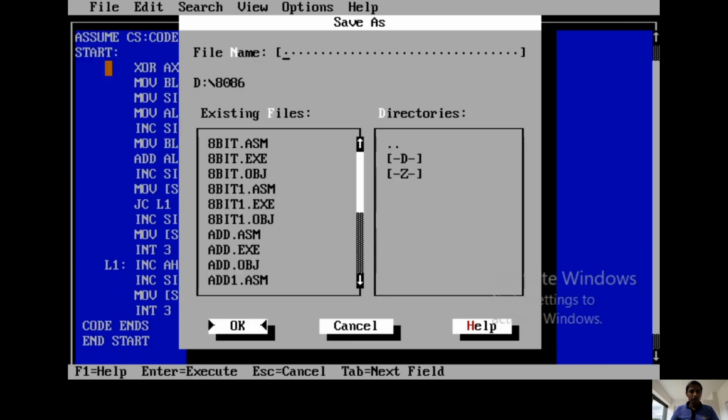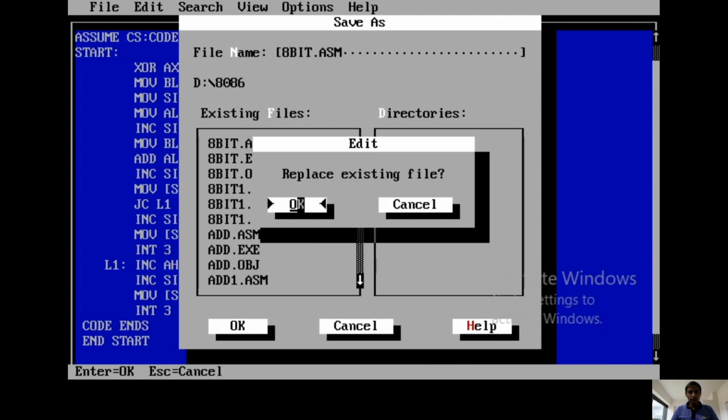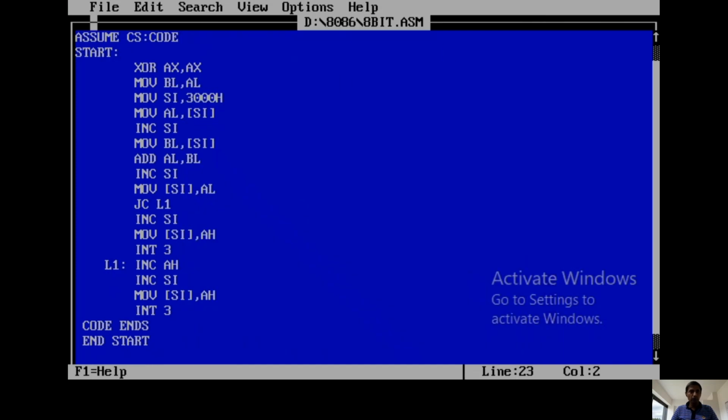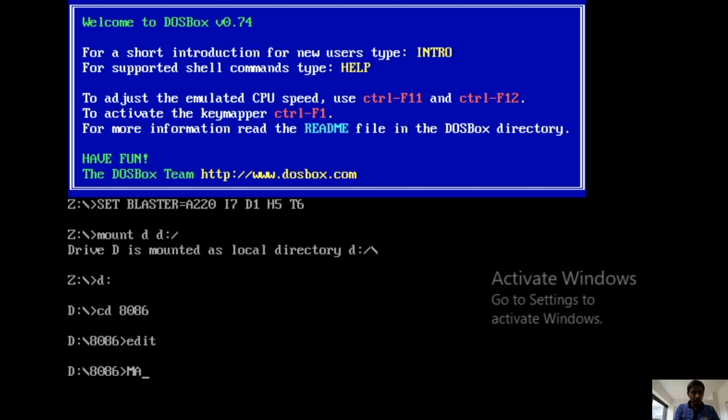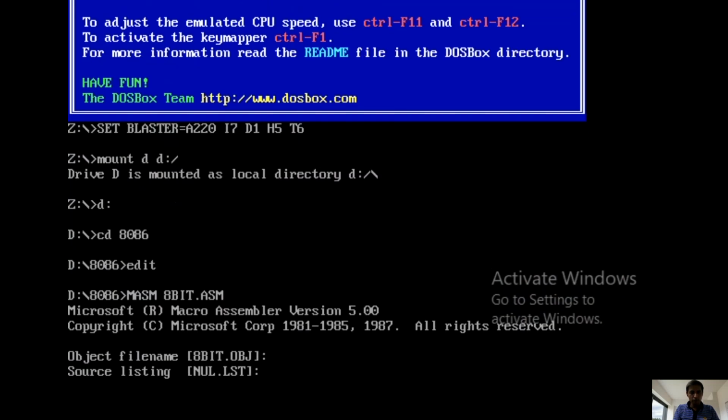File, Save. Assume it's the 8-bit program: 8-bit program dot ASM. Okay, the same name already exists, so just replace it with this particular file. So 8-bit.ASM is our program. File saving is over, then exit. Then type MASM 8-bit.ASM, and press enter 4 times: 1, 2, 3, 4.